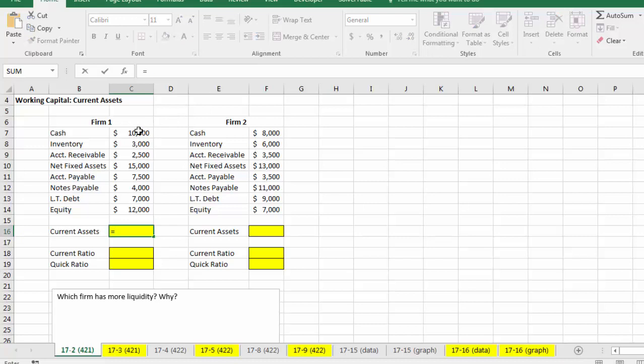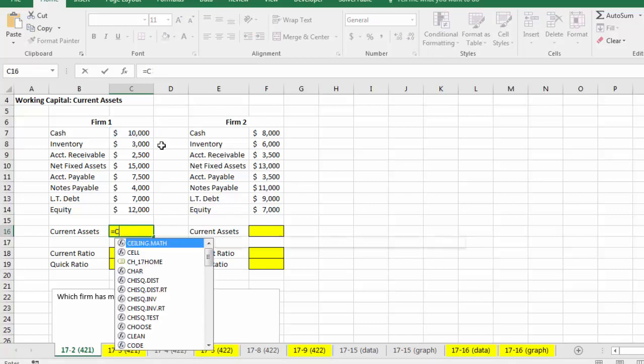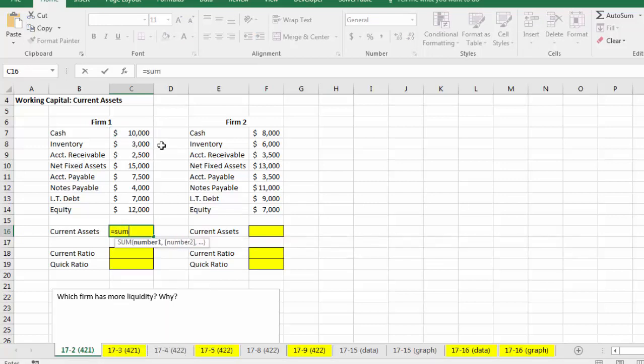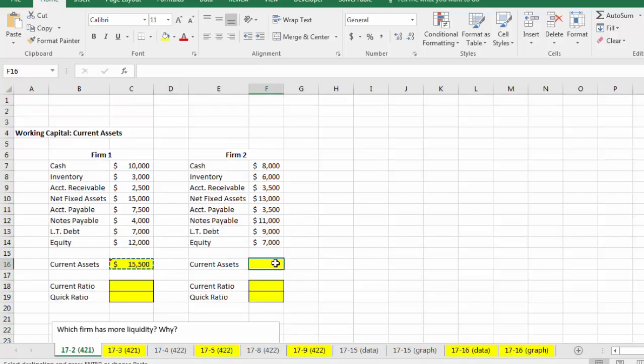What would that be? Cash. Let's do a sum here. Cash, inventory, and accounts receivable would be the current assets here. All current meaning liquid within a year, receivable within a year. So we'll do it for this company, and then it's going to be the same because it's the same cell range. We can copy and paste it here. It's the same cell range. All right, so firm 2 has more current assets,